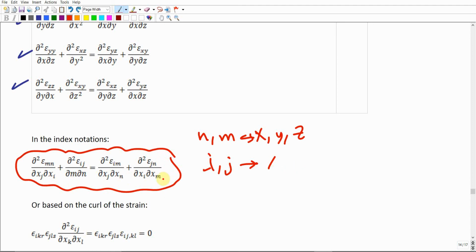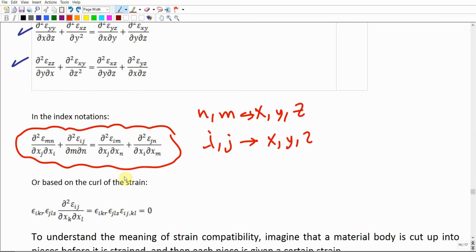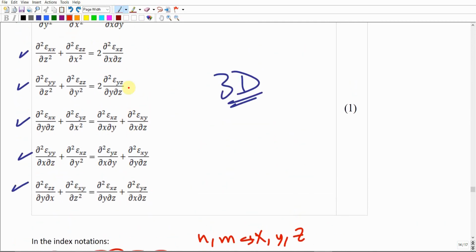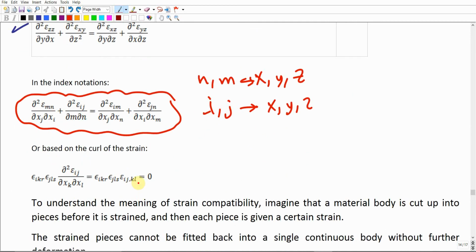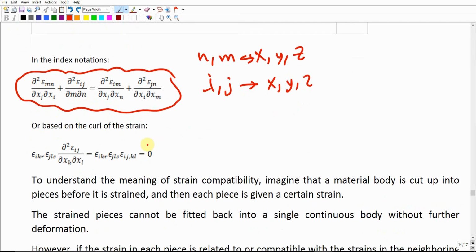As you just switch or change between these indices, you're going to end up with the 6 equations that are already written up there. So this is the compact form, or the index notation. Also, we can write these 6 compatibility equations into another, more compact form,